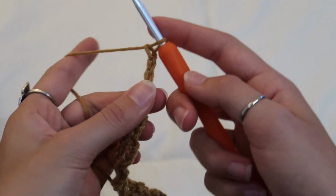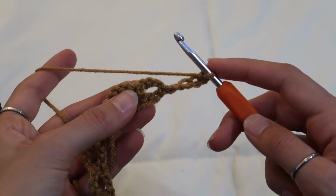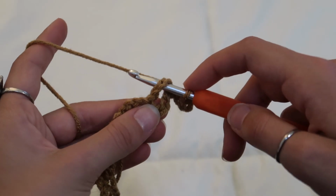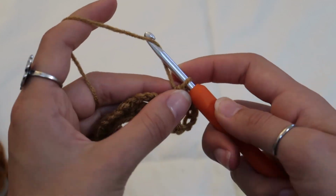4 and 5. I'm then going to turn my work, and now into this very first empty section where we have our chain 4, I'm just going to insert my hook right under the chain, just into that open section, and we're going to place 1 single crochet, like so. I'm then going to chain 4,